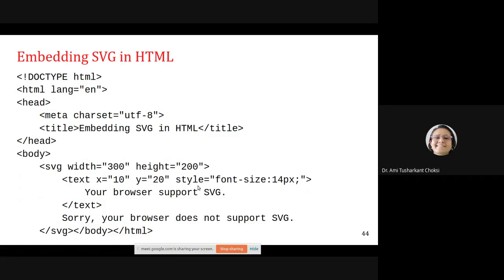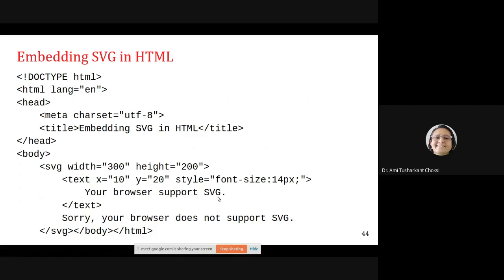Style. We know cascading style sheet, right? That style we can provide here as, say, font-size colon 14px. So the size of the font is 14 pixels. The text is: Your browser supports SVG. If SVG is supported by our browser, we should be able to see this particular text.